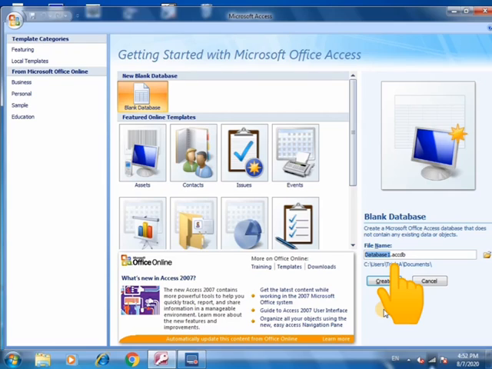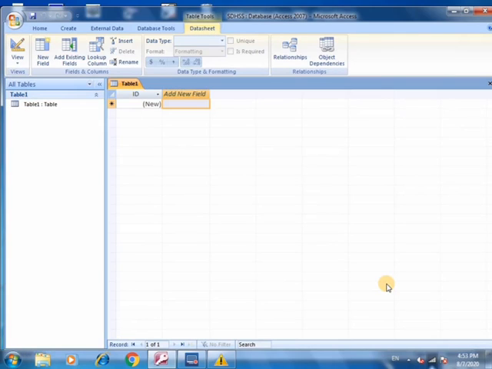Its extension is .accdb. Suppose my database name is sdhss.accdb. We have to click on the create button. After a few seconds my database will be created.